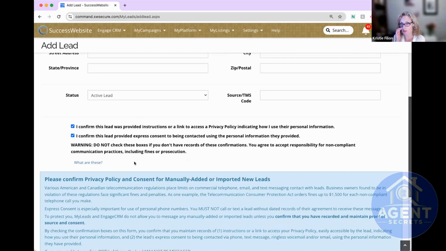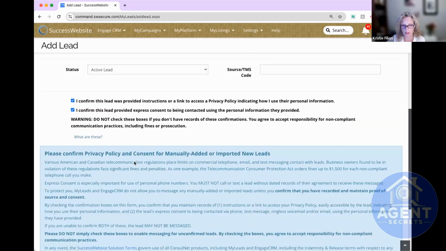So in the case of an open house registration, they're going to your website, they're seeing a form, they also see the privacy policy, and they see the consent blurb that tells them that by filling out this form, they are agreeing to receive communication, right, through the various channels. So that automatically happens when they come through your website. But when you're adding them manually, you have to do that yourself and confirm their consent.